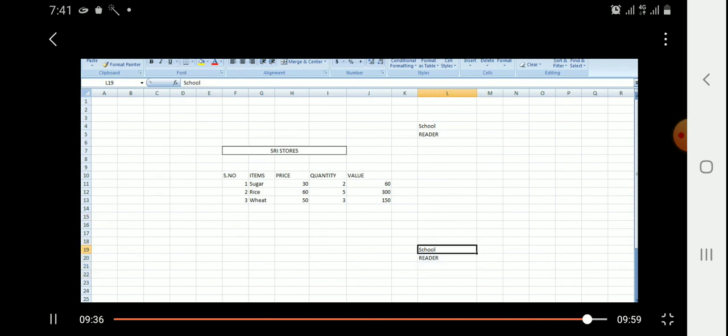Okay students, in case of copy command, the data will be in two places, and in case of move command, the original text will be only in one place.